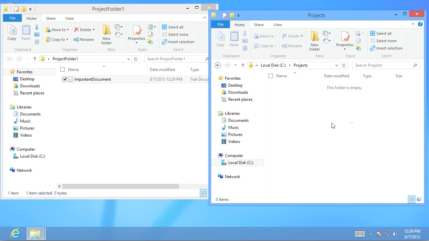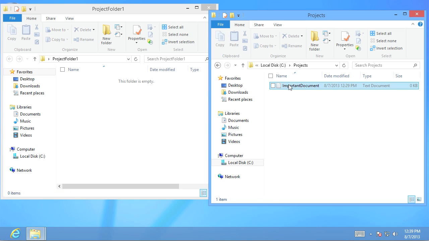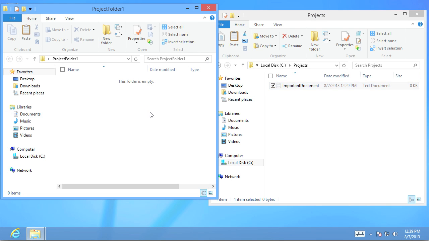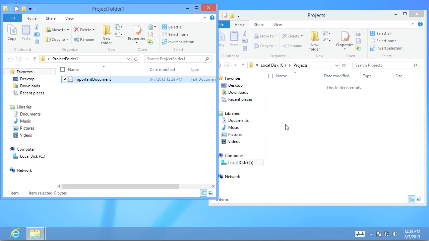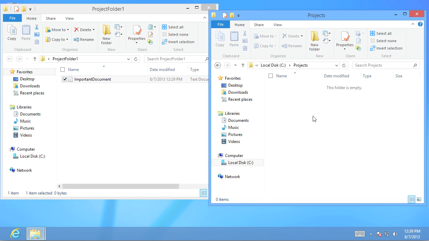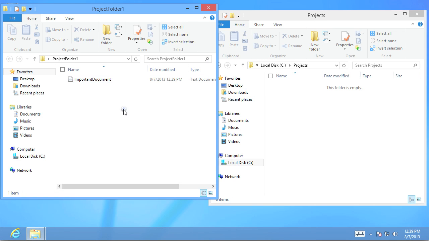Again, I can press Control Z to undo that. And in a different way, I could press Control X for cut and Control V for paste. So for everything I'm showing you, you could do it simply with your mouse by clicking and right-clicking context menus, or you could use your mouse and keyboards to speed things up. Now that I've shown you how to cut, move, and copy files, I'd like to teach you how to rename